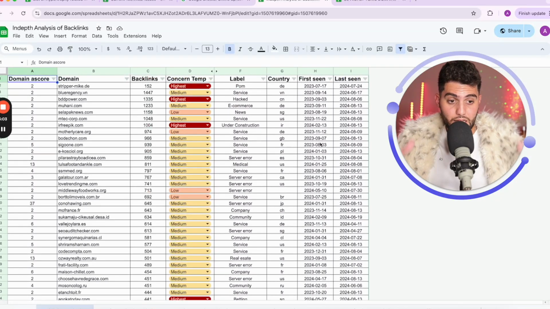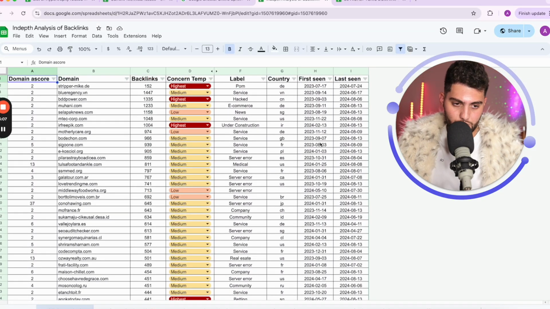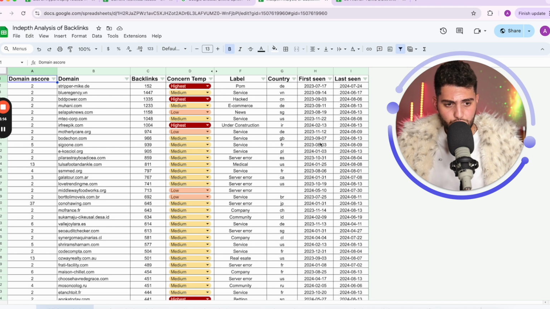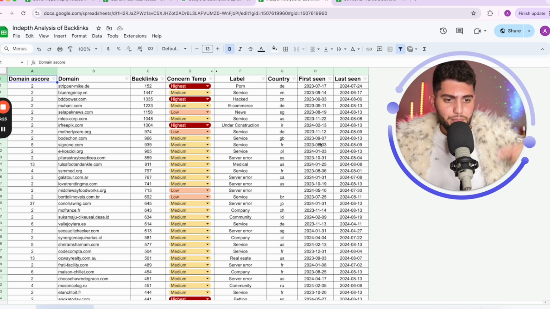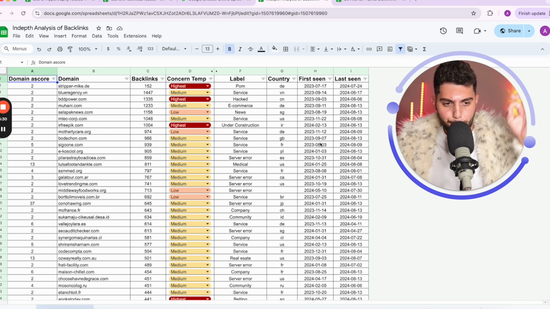And basically identify which one of these domains are not relevant, which one of these domains seem way off from an industry that's not even relevant to the industry of your website. Sometimes competitors even come and attack you with all sorts of black hat links. That's why you have to be proactive about maintaining and cleaning your backlink profiles, because essentially